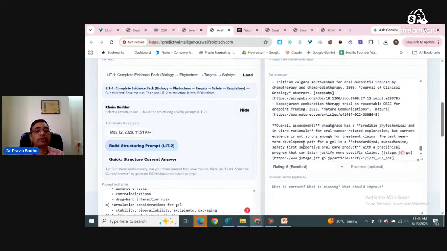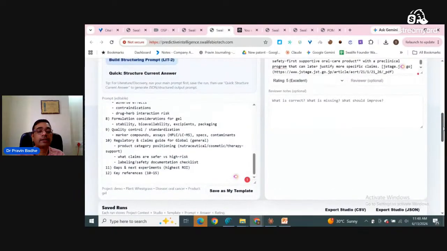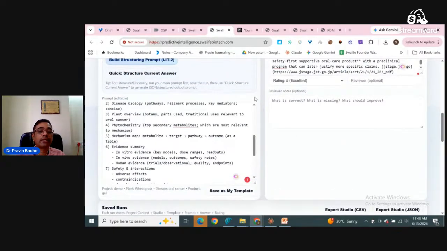Then on 12th of May there is one run already there. Once I put the answer of the prompt here, I have to save the run, which changed now to June 13th. So once it is there, it is taking this information to now run as a prompt. So you need to change the level to the structural output. You can see that the prompt which is here is from the previous one,